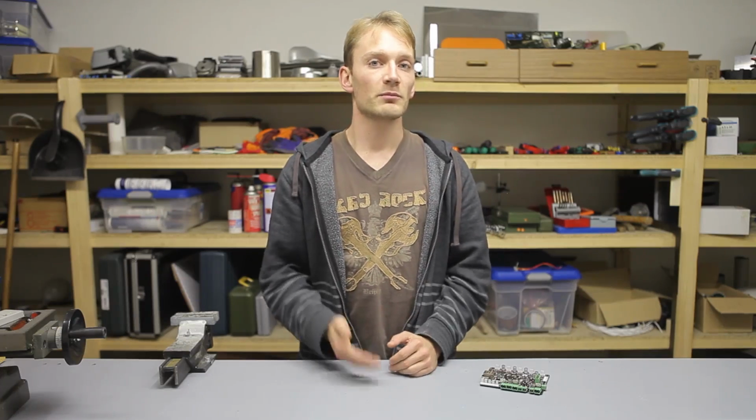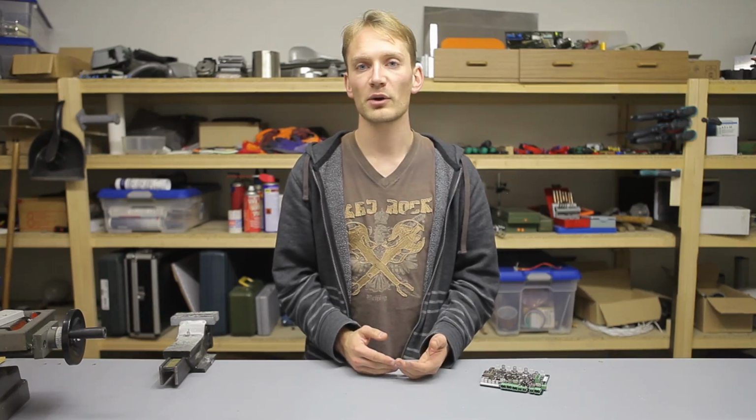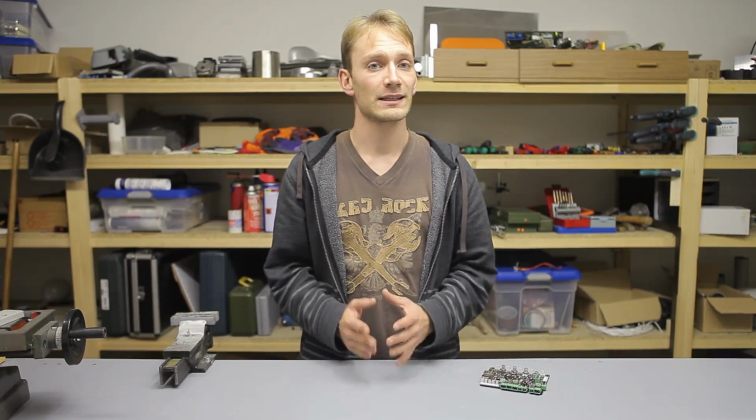Of course, it's still much more expensive than a Chinese RAMPS kit, but when you compare it to a decent brand name board like the Azteeg boards or the genuine Ultimachine Rambo, it is actually very competitively priced for what you get. It is a high-end board and it is one of the best, if not the best option out